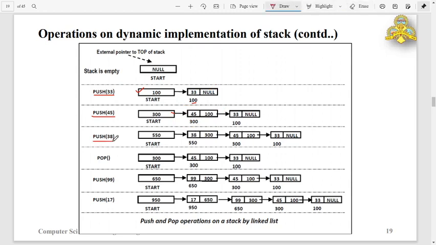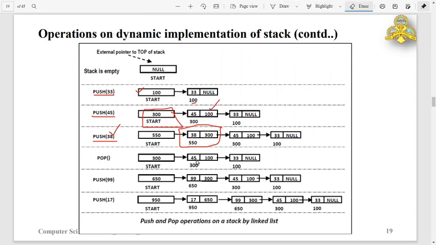Next, again I will do the push operation with the value 38. Again here a new node is created and inserted. Actually, insert here does not shift the nodes; instead, we just modify the addresses in the pointers. Earlier the start pointer contains the value 300, which is the address of the first node in this case.